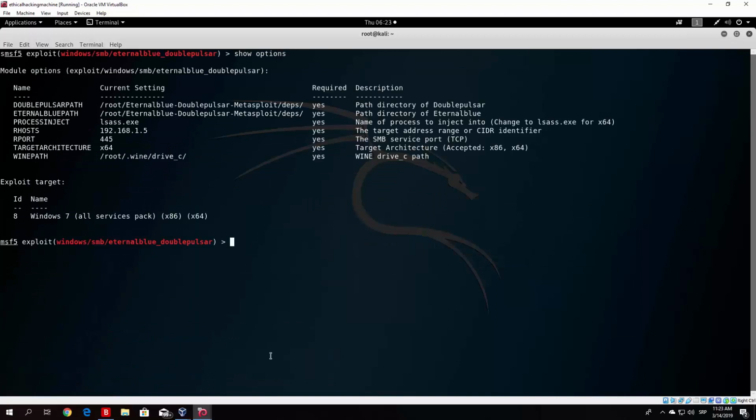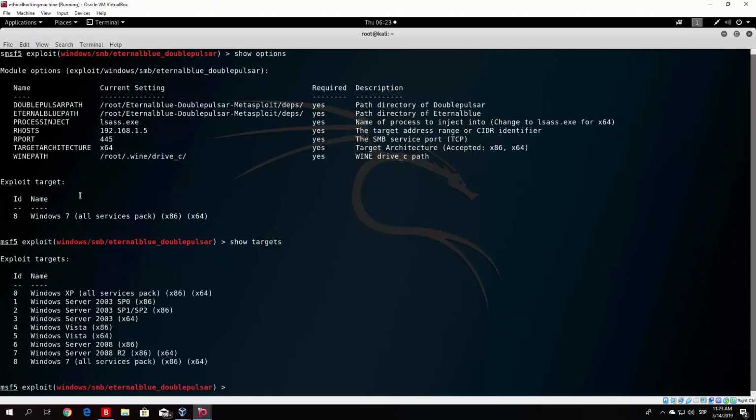The wine path is correct since our wine is stored in root /.wine/drive-c. Now the targets, let's see, show targets, it will say that the targets are all Windows versions until Windows 7. So we can see that we have Windows XP, Windows Server 2003, Windows Vista, Windows Server 2008 and Windows 7, all packs. So we select the target, so select or set,